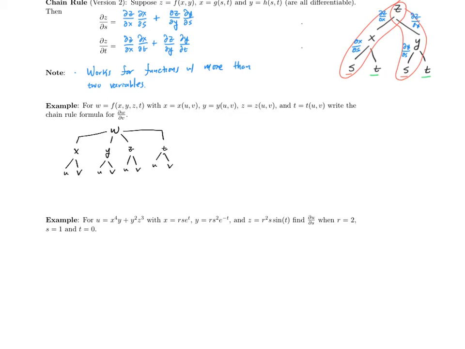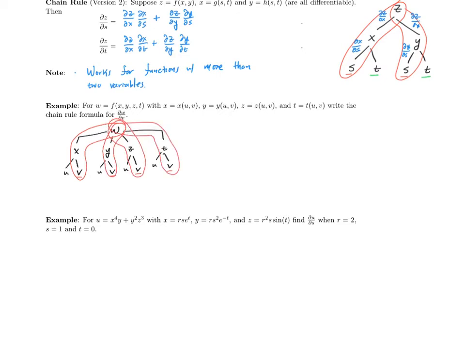And in order to determine the partial of w with respect to v, we locate the four v's in the bottom row of our tree diagram, and we need to go down each of the branches that culminates in that